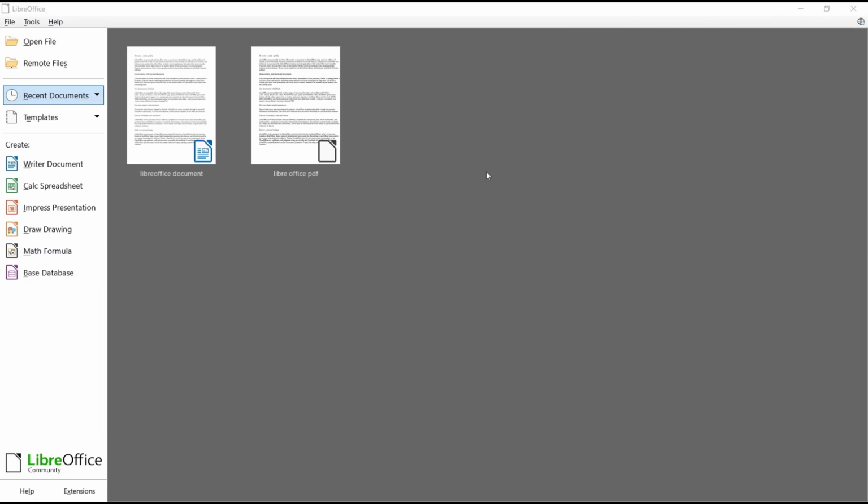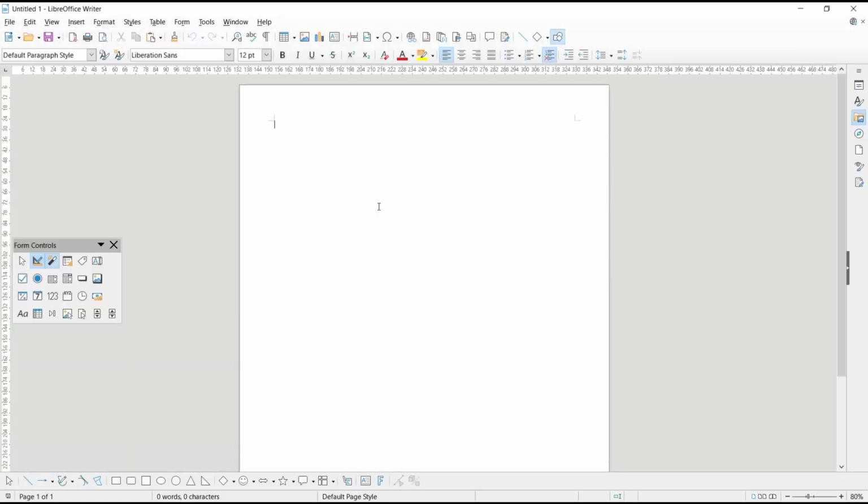Hello everyone, today we are going to learn basic LibreOffice tutorials: how to add a watermark. I will go to Writer, the document, and if you want to add a watermark in this page, you can